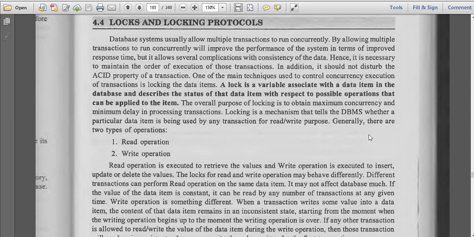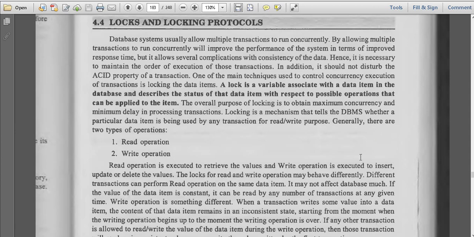In the last class we discussed how many ways we can lock. Under lock granularity we have seen we can lock in 5 ways: database lock, table lock, page lock, column lock and row lock. These are the 5 locks we have, and using these 5 locks we can lock any item.